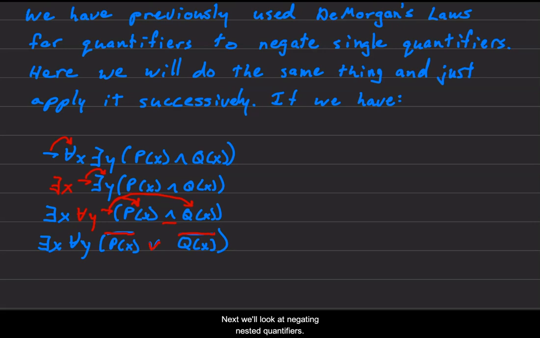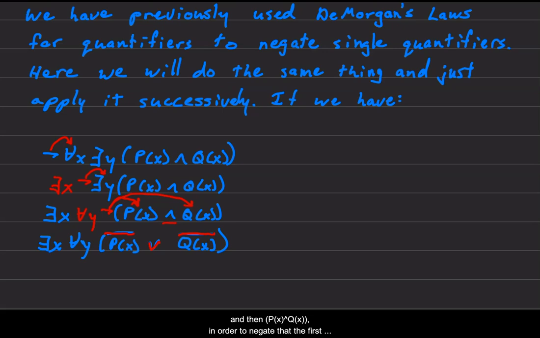Next, we'll look at negating nested quantifiers. We have previously used De Morgan's laws for quantifiers to negate single quantifiers. Here, we'll do the same thing successively. And if we have the negation of, for all x, there exists y, and then in parentheses, the compound statement